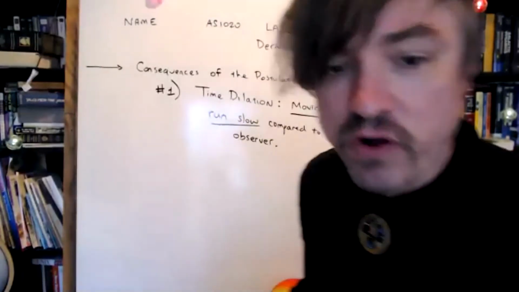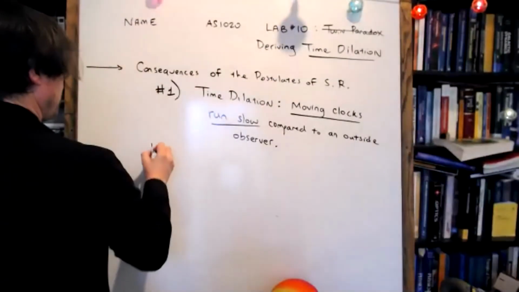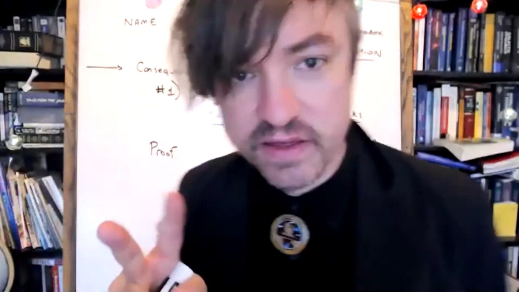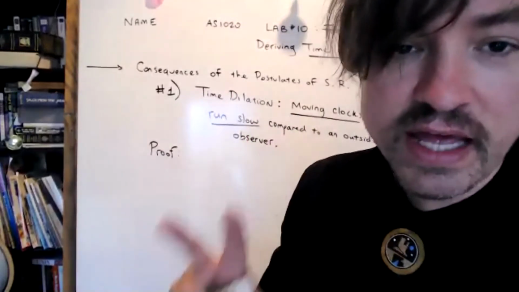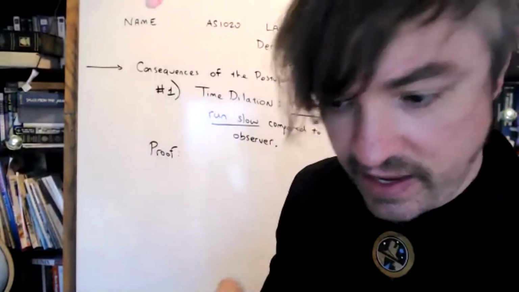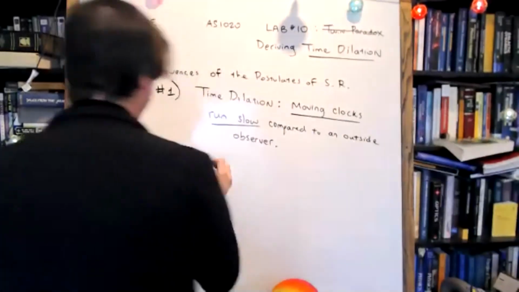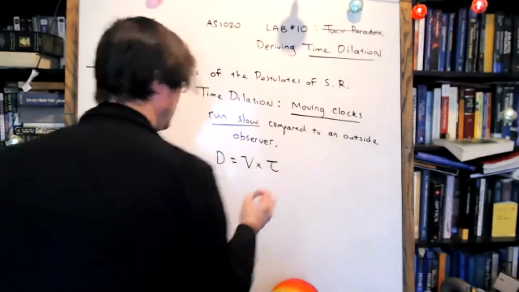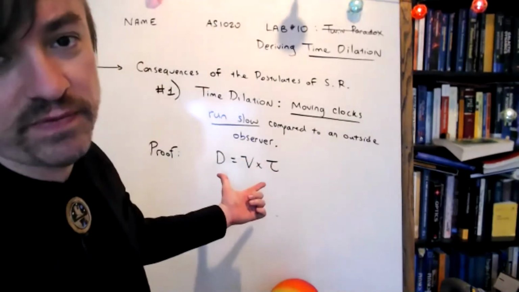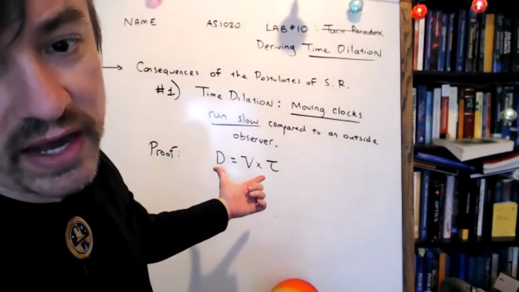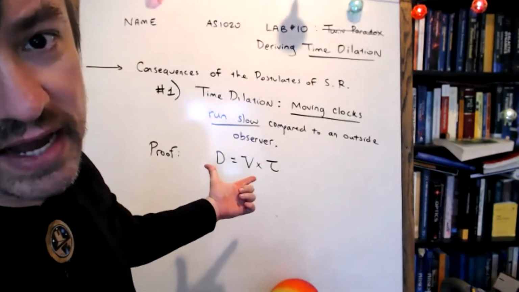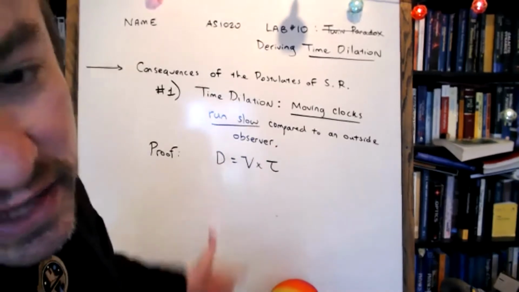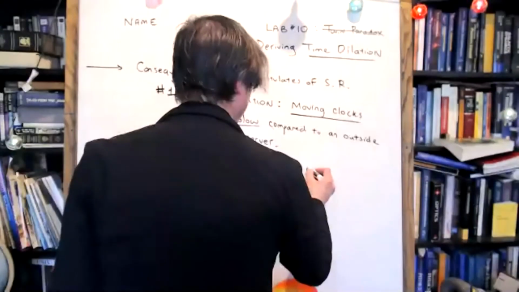Now, in order to do this derivation, this proof, I'm going to require you guys to know two basic formulas from basic high school math that I'm hoping y'all know about, okay? One is the elementary and very simple distance equals rate times time. Have you all seen that before? I don't even know how you could get through high school without learning distance equals rate times time. Even if you didn't take a math class somehow, you'd still have heard of that because it's like life, right? So that's the first formula you're going to need.